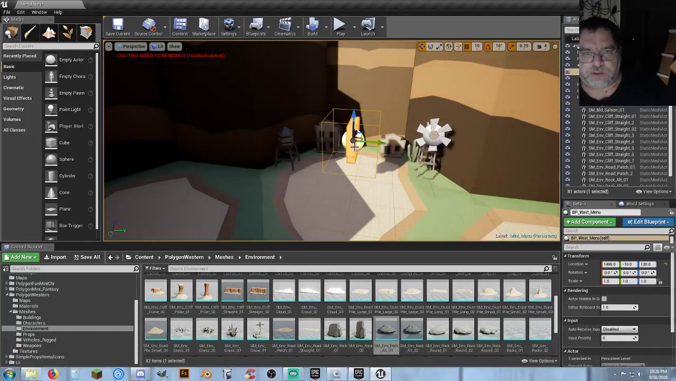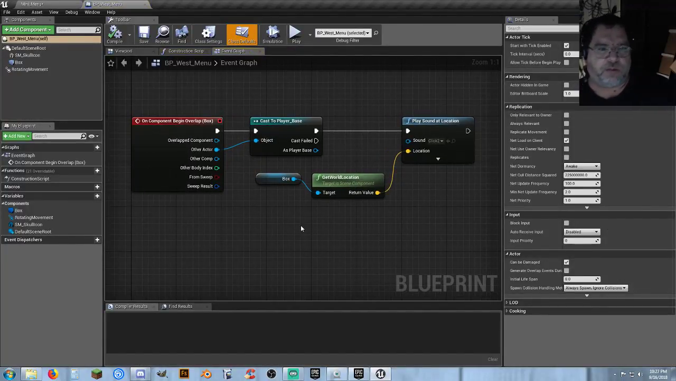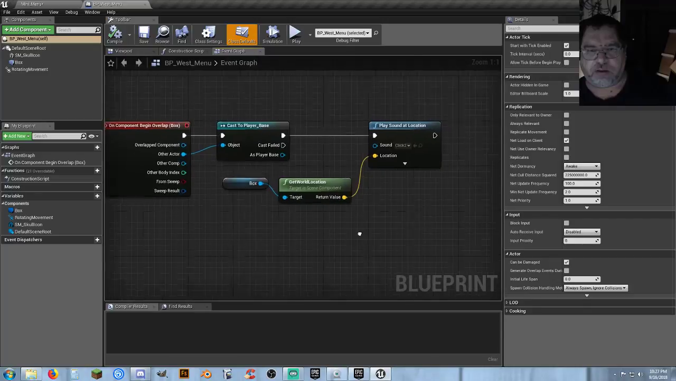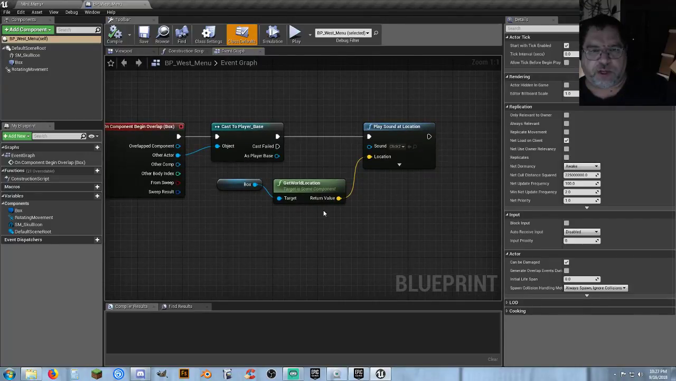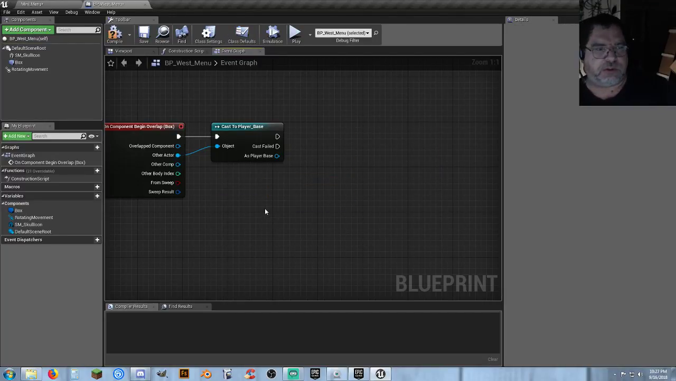So let's actually go into this guy, and if you don't know where something is, then I can always do this and add it directly into the blueprint. Alright, so on component begin overlap, I want to do it like I did with the other ones where it gives you a prompt. So it's going to get your world location here. I'm going to just dump that